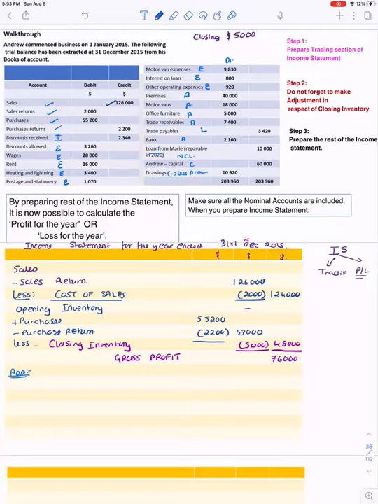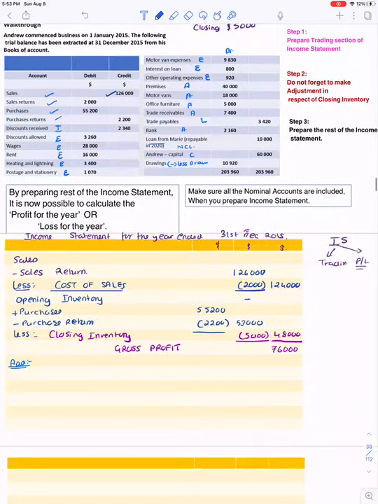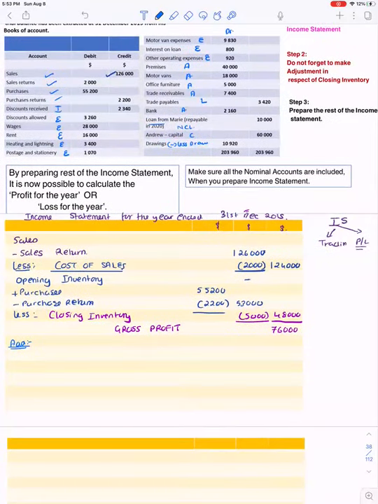If you do not know what your assets and liabilities are, and if you want a detailed classification of the things that would come in the income statement and the things that come in the balance sheet, please refer to the capital and revenue expenditure and receipts video. So since I have only one income, I will write discount received directly in the outer column, which is 2340. Add this up.